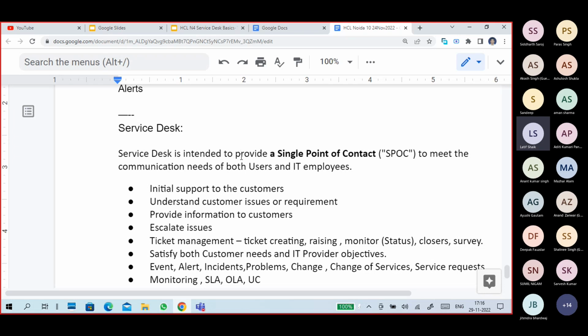Then I will create a ticket and escalate the ticket to the particular team or a particular person in the team, the person related to that issue, who is going to take care of the issue. I have to listen to the customer, take the information from the customer, create a ticket, and escalate the ticket, meaning forward the ticket to the particular team or team members related to the issue. That is one side of the story.